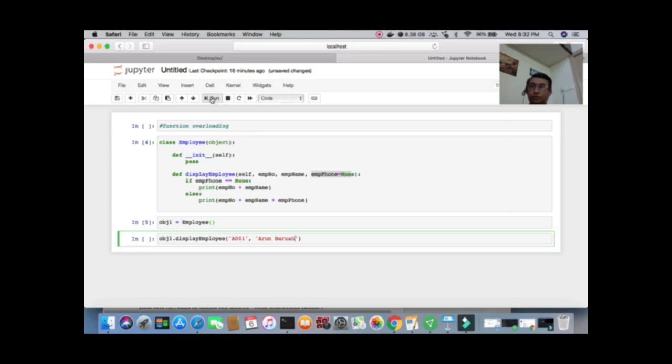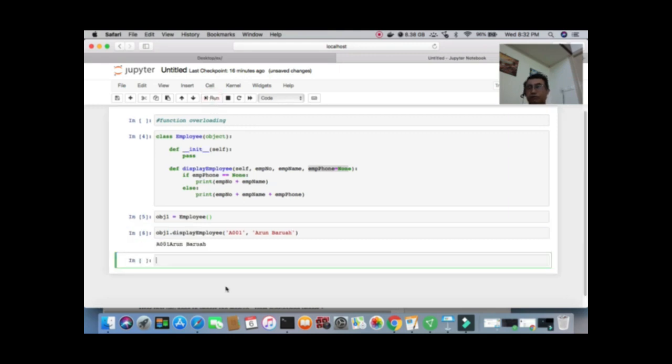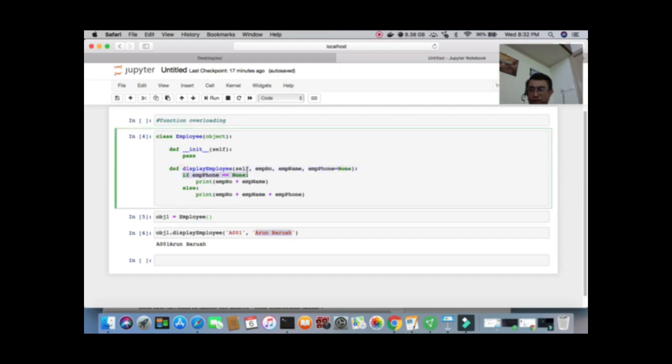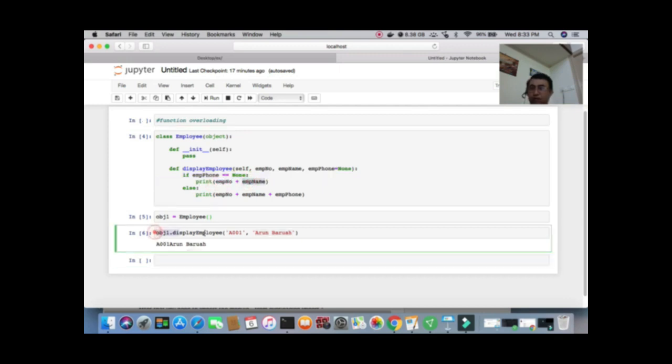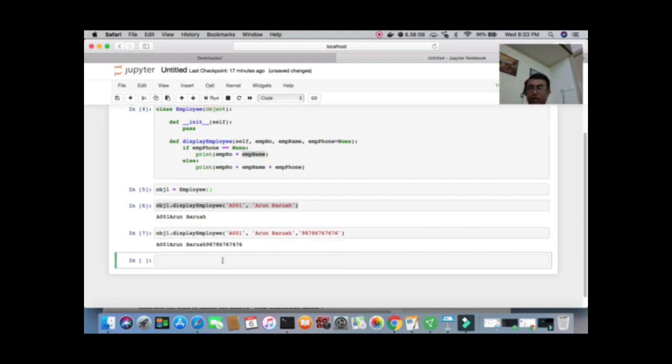Now, what should you expect? See, you are getting these two things. Since you pass these two parameters only, in this checking, if this is None, yes, it is very correct. So it has printed only employee number and name. Now you are getting that result, right? And if I pass now, say, my telephone number, that is a fictitious number actually, now you see you are getting